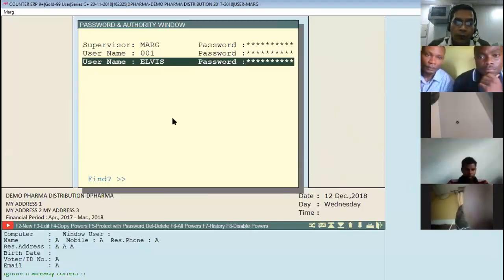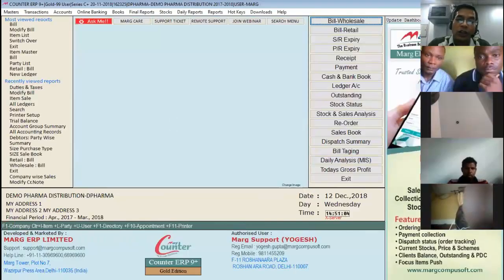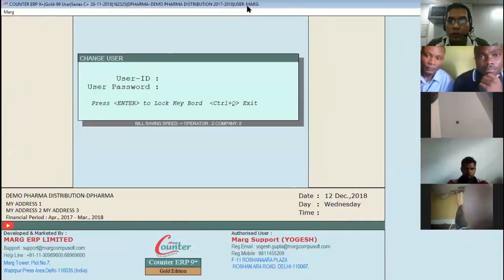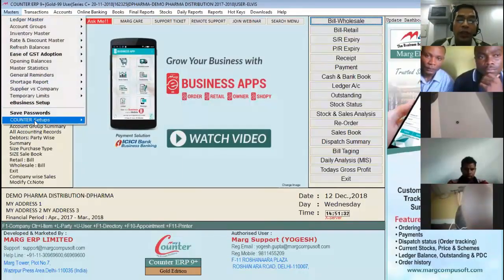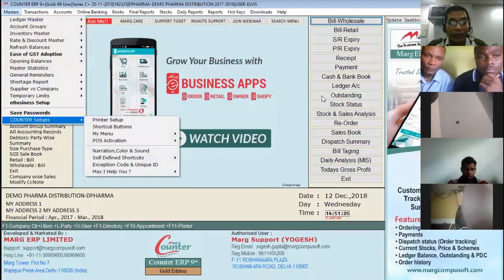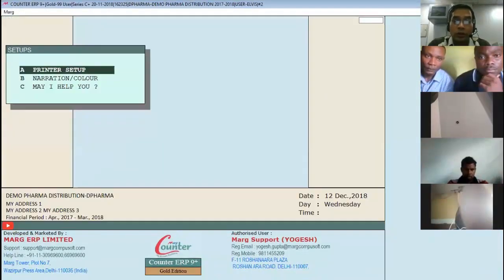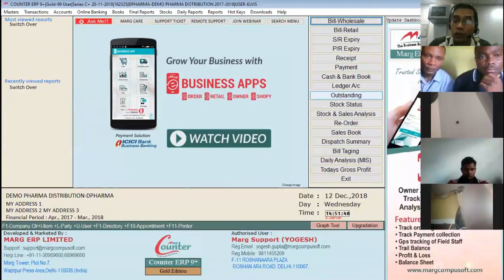Okay. Now, I think we have discussed already in the beginning sessions. Control U we used to switch the user. Right now I have here user called Mark. I press Control U to switch to the user called Elvis. Sir, now the user is Elvis. But because Elvis is a user, he would not have all the authorities. For example, he won't be able to create a user. He won't be able to do settings in the control room. So he is not able to perform all the tasks.